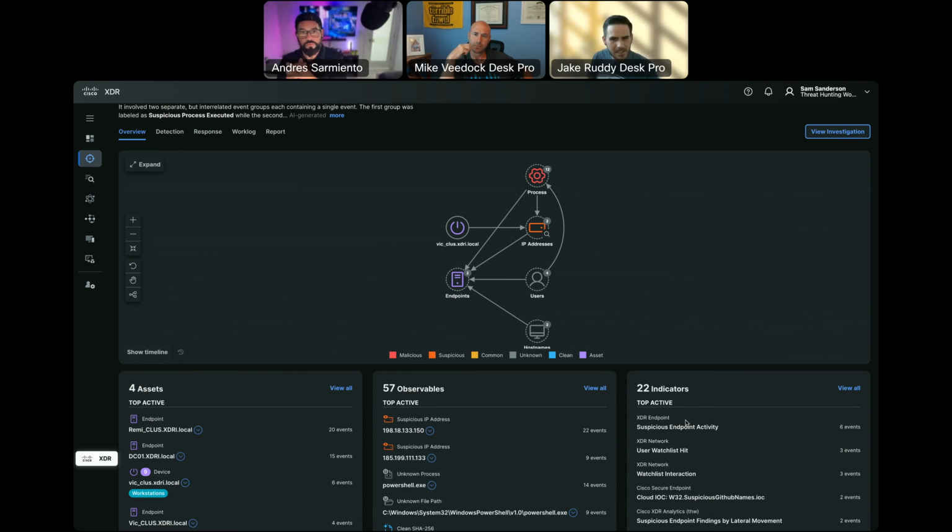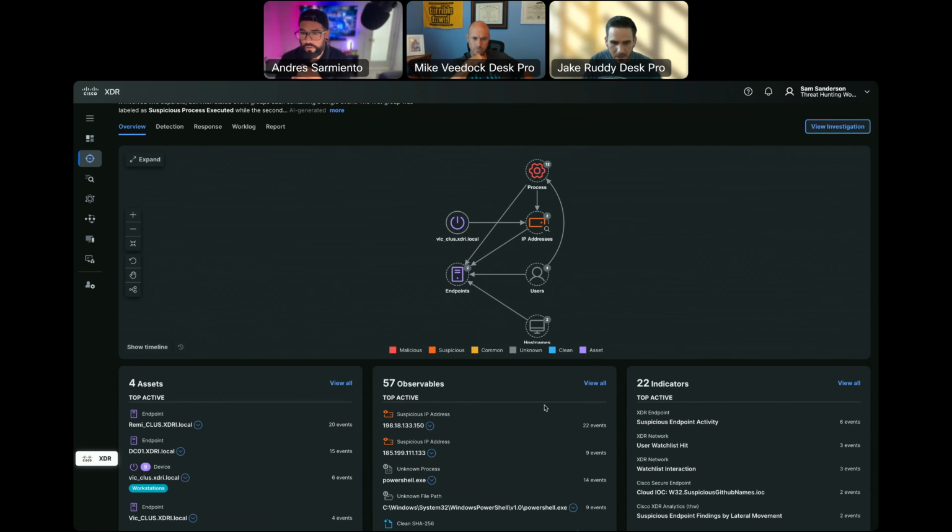But I'm probably not going to see file hash. Right? File hash, the network layer 3 data has no concept of files or file hashes. I'm not going to see that there. But for my endpoint products, I would certainly expect to see things like process name and user and file hash. Those are also observables. So any of those key data points, those unique metadata points of those source events, those detections, that's what we interpret as observables.